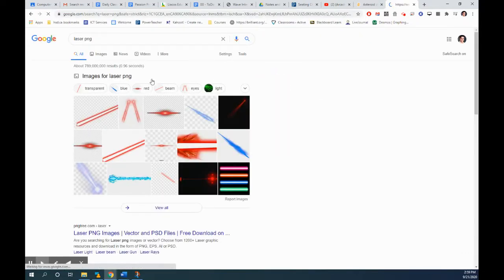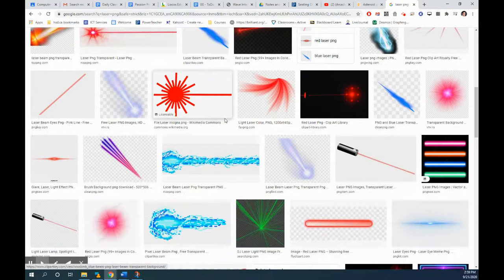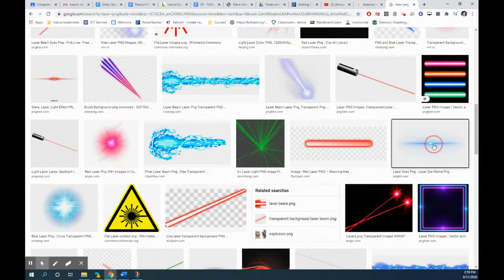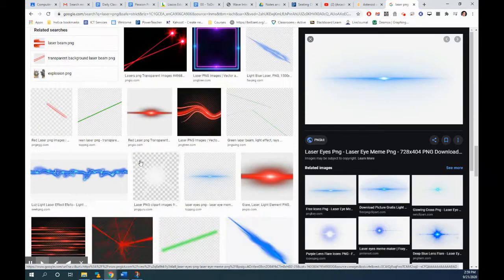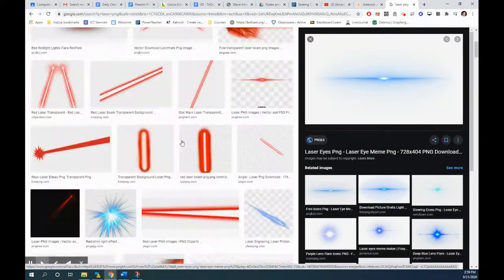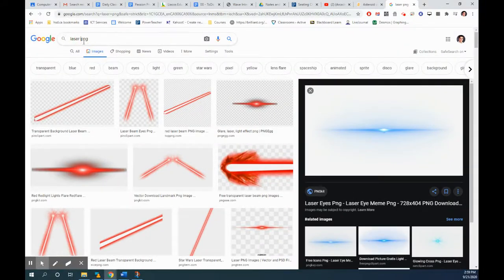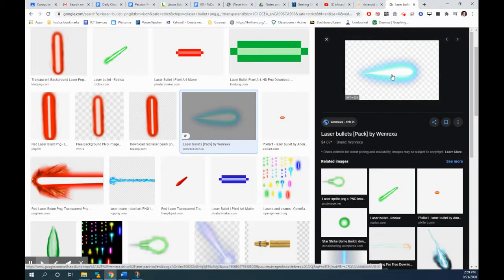Laser, PNG, images. We're looking for something with a transparent background. That is most important. And I want something that's pretty flat. It's not transparent. Maybe let's try laser bullet. Google often gives you the suggestion, transparent. I like this one. Blue one. Transparent, perfect. What I'm going to do is right click, save image as